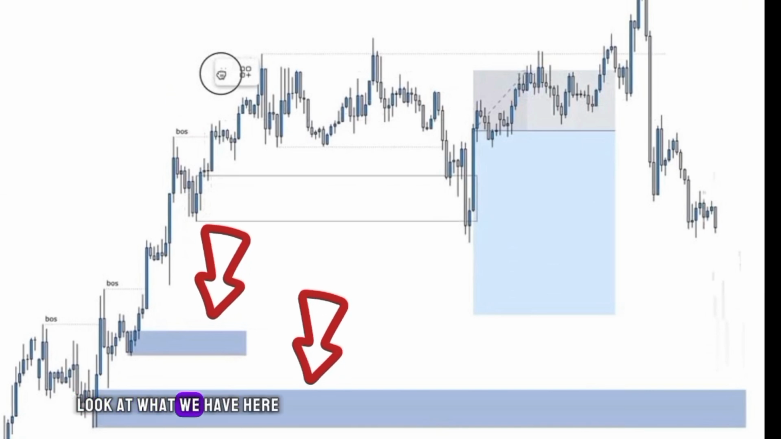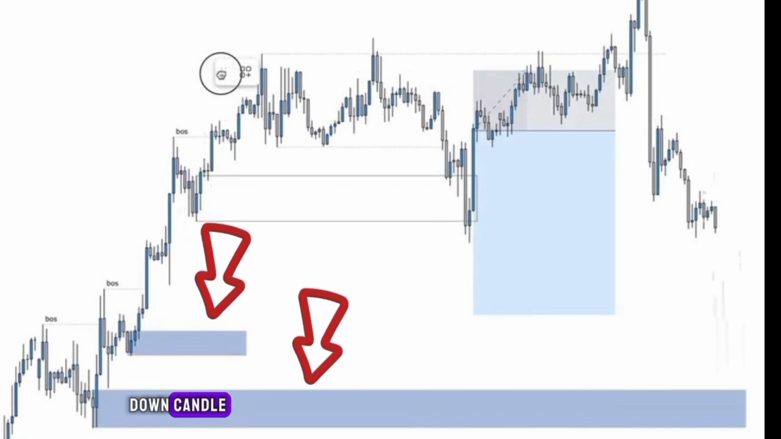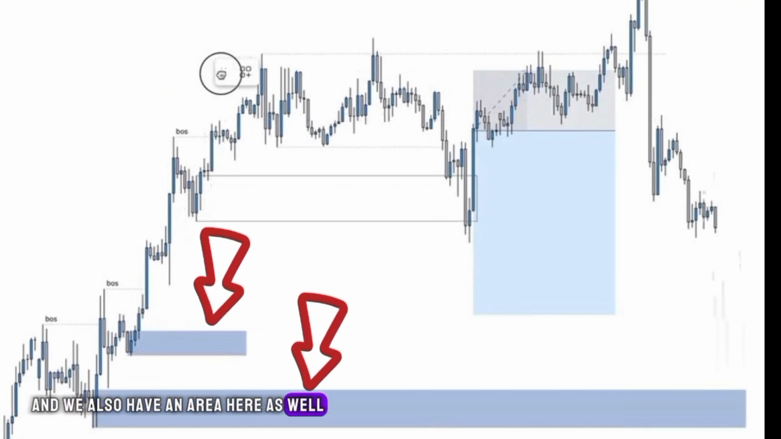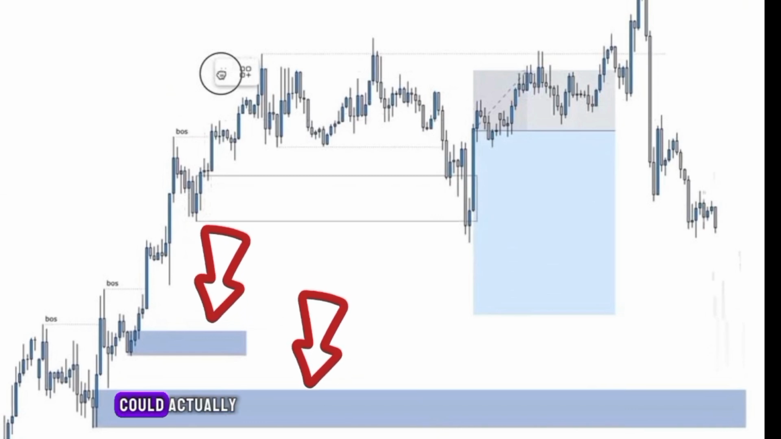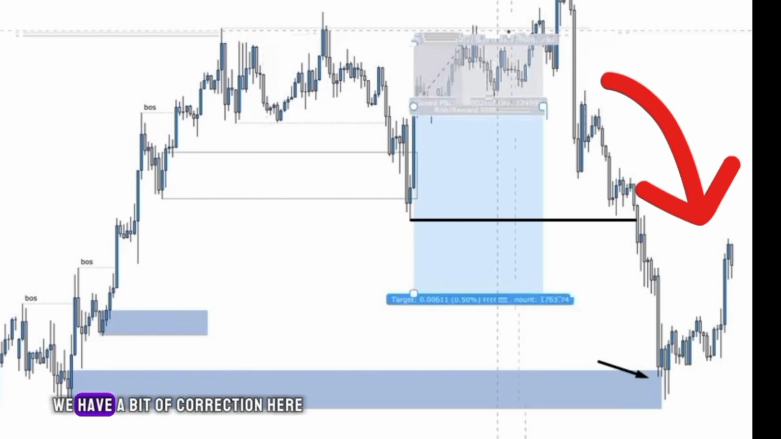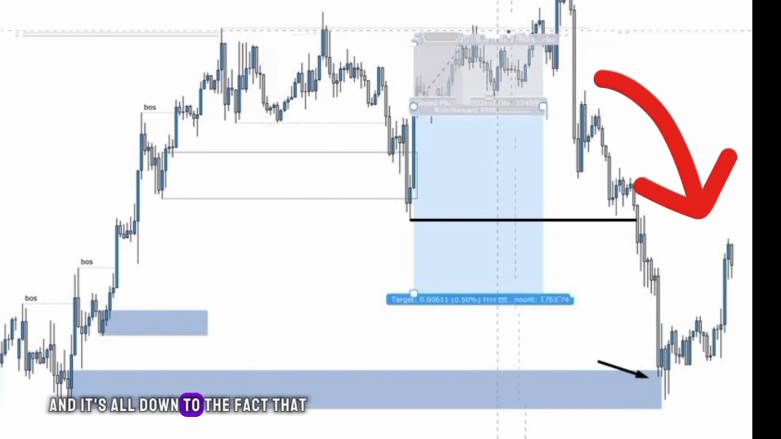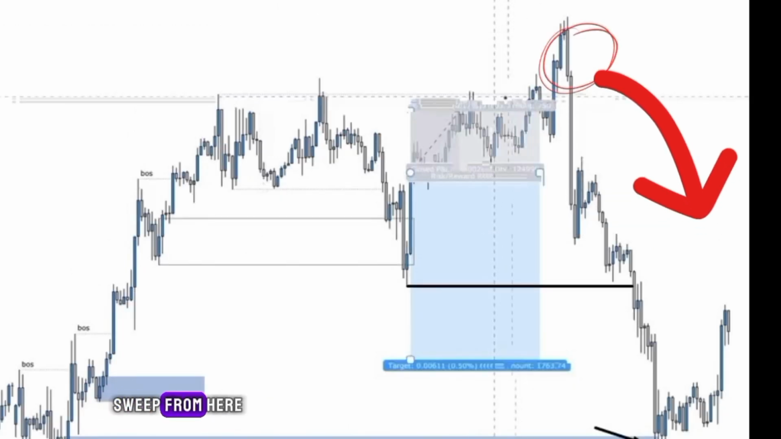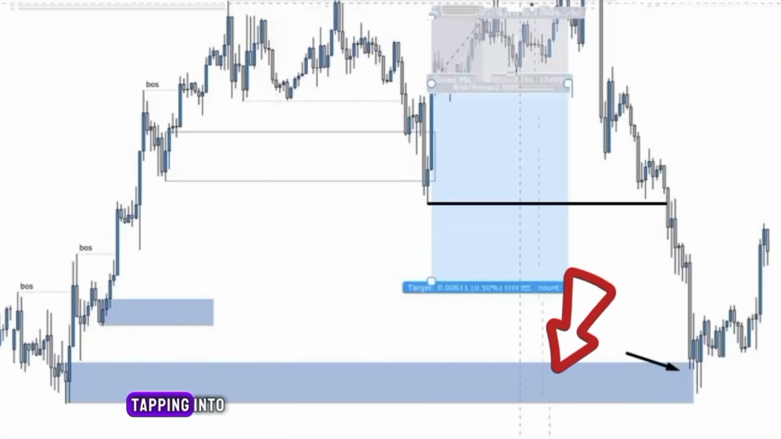Well, we can look at what we have here. We have some untested areas, we have this last down candle, so we have an OB that made BOS, and we also have an area here as well, an OB that BOS'd impulsively, so these are areas where price could actually react from. So now we can see the momentum, we have a bit of correction here, but we can see the overall momentum, and it's all down to the fact that we had this liquidity sweep from here, which can fuel the move down, breaking these lows here and essentially tapping into an actual area where large institutions are